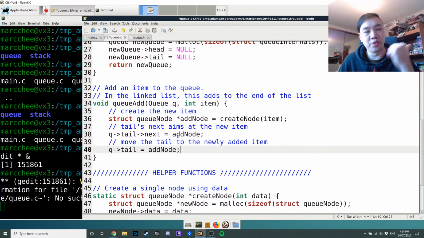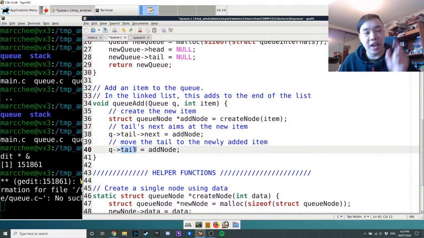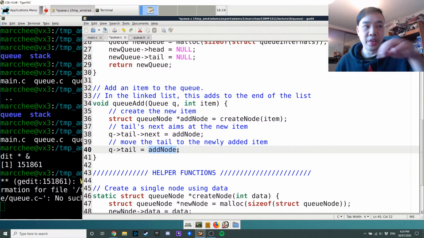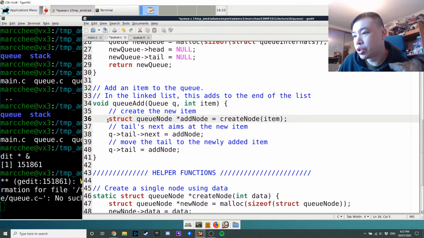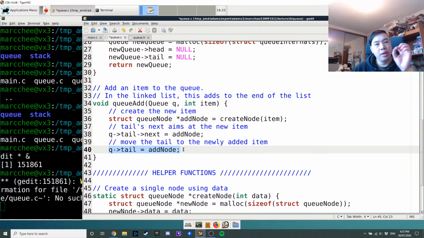So one was the pointer from the final element of the list. So this was the tail's next. And then the pointer that used to aim at the final element of the list now aims at the new final element of the list, the one that we have just added. Okay, so what we have here is we've created a node, we've added it to the tail, like so. So there's only one issue